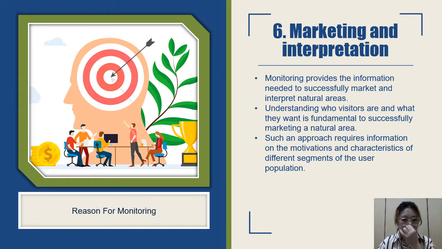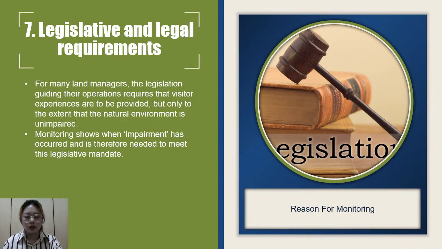Understanding who visitors are and what they want is fundamental to successfully marketing a natural area. Increasingly, managers are trying to meet the needs of specific user groups, each with their own particular information and interpretation requirements. Such an approach requires information on the motivations and characteristics of different segments of the user population. The seventh reason for monitoring is